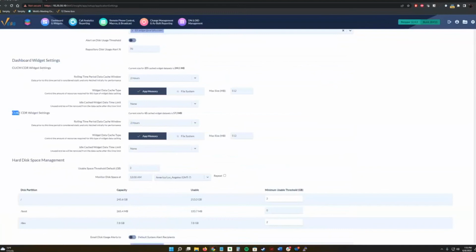That's pulling data from the database. So we can set this up for your environment. What I usually do, if we have enough RAM on the box, is bump this up, double it to 1024. And I've seen some good increases for some customers just by hitting that max size here on the widget cache. So that's an easy one if it's just coming down to dashboard slowness.